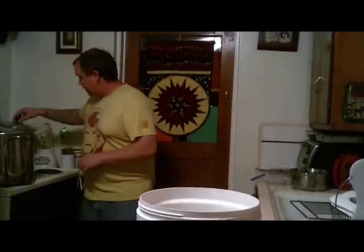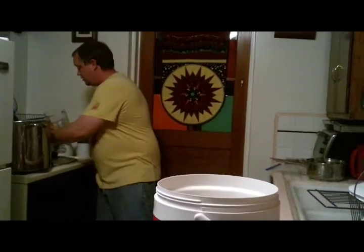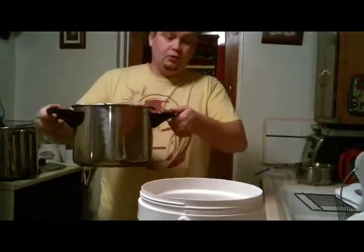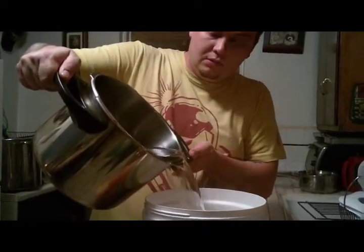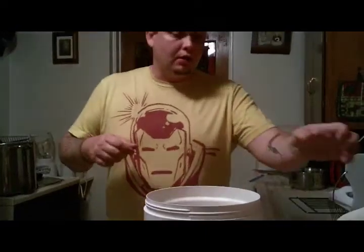We've got our water at 162 degrees. That's 10 degrees over our target temperature of 152. So we're going to go ahead and put our grain in here with our water in just a moment. It's actually best to go ahead and pour some of the water in first, about half of it or so, and then go ahead and